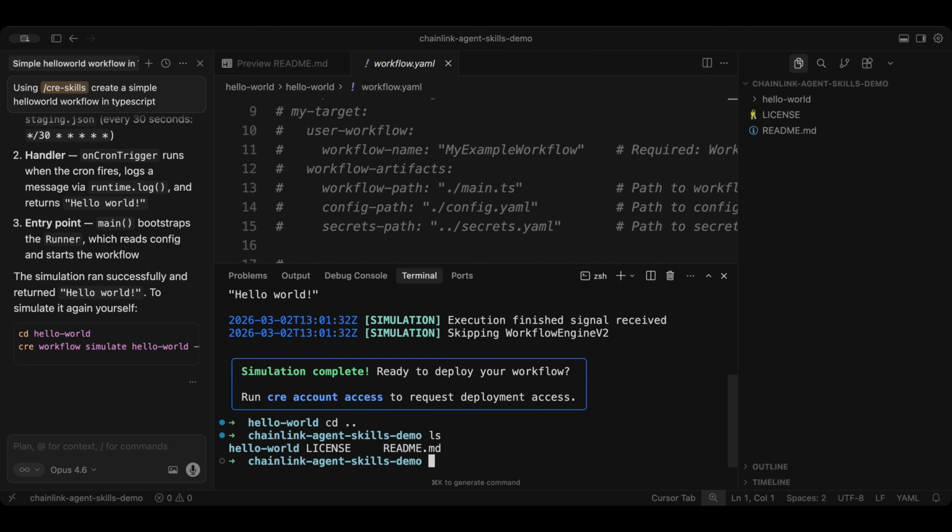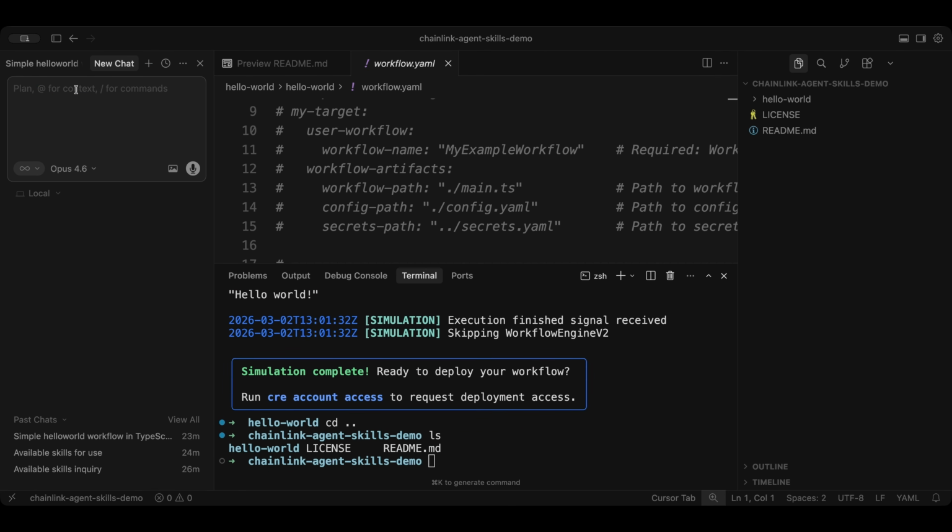Back in. Yep, we got our hello world example. Let's go ahead and start a new chat. Now, there's all sorts of places you could take this. You could actually ask the AI to go and convert that sample into Golang if you wanted. It's pretty good at converting between languages and things like that. I think what we'll do is a more advanced one,